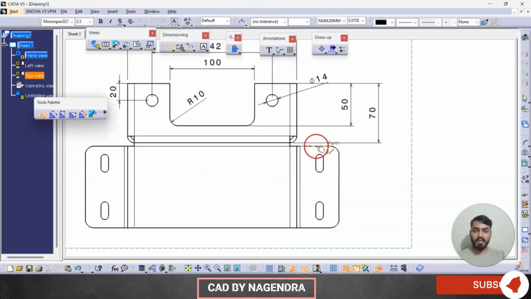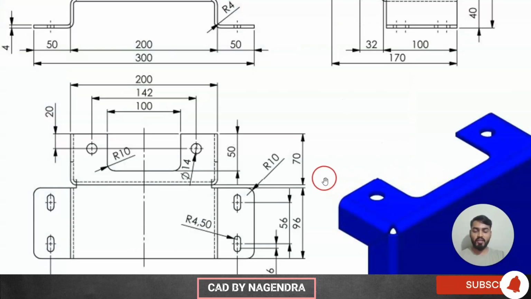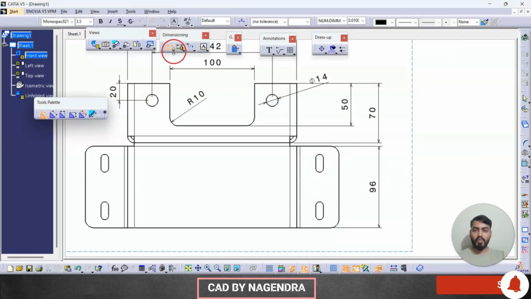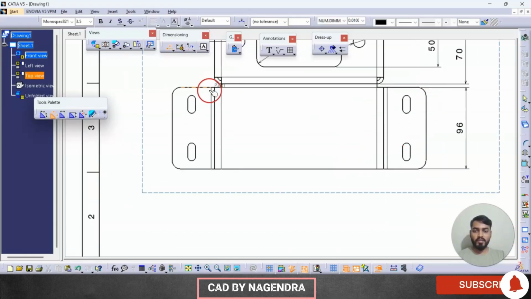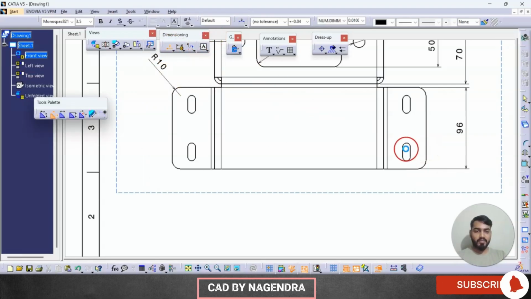Then this line is 96. So like this, you can give all the dimensions, then we can cross check whether we have given them properly or not, whether we have created the part design properly or not. So for this curve, radius, then again radius for this curve,